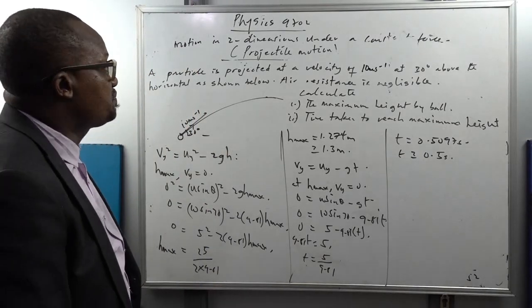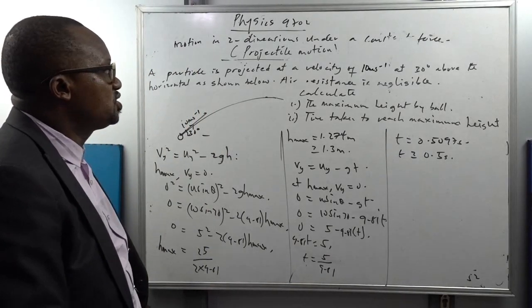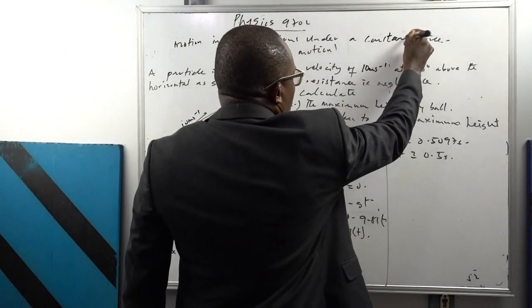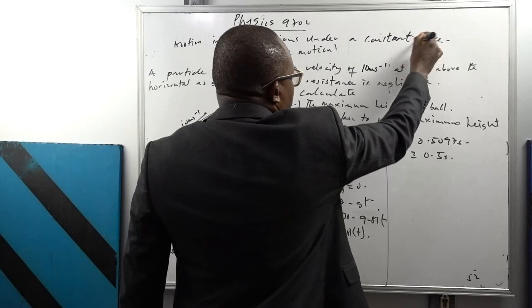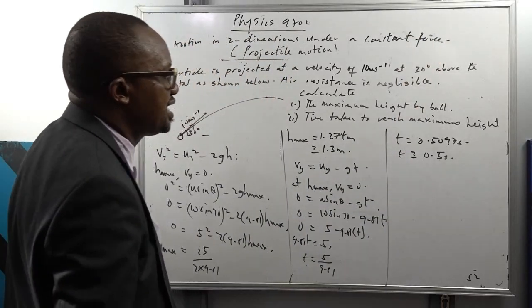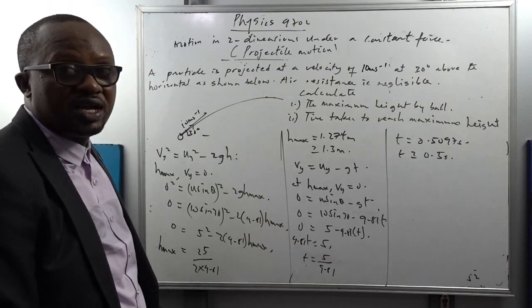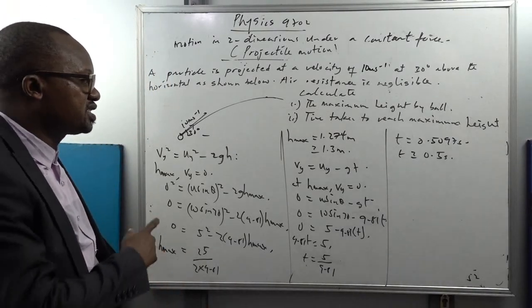So we go to the next part of motion in 2 dimensions under a constant force. And what we want to look at in that case is this: what happens if the particle is projected horizontally from the top of an elevation? That's what I want to look at there. What happens if a particle is projected horizontally